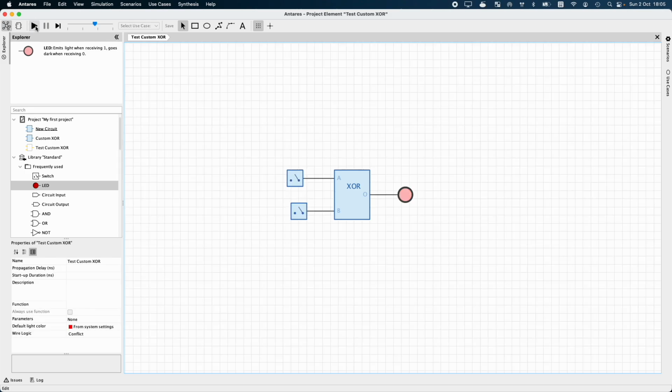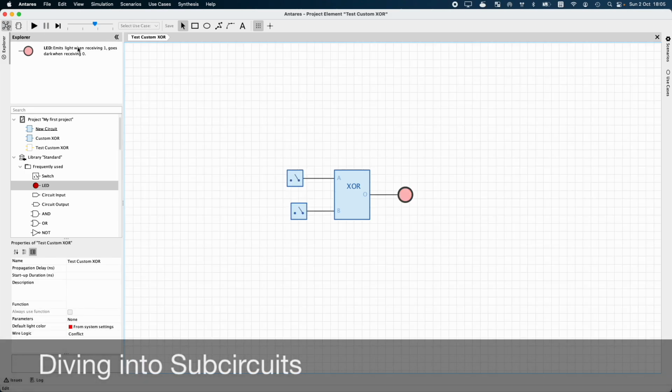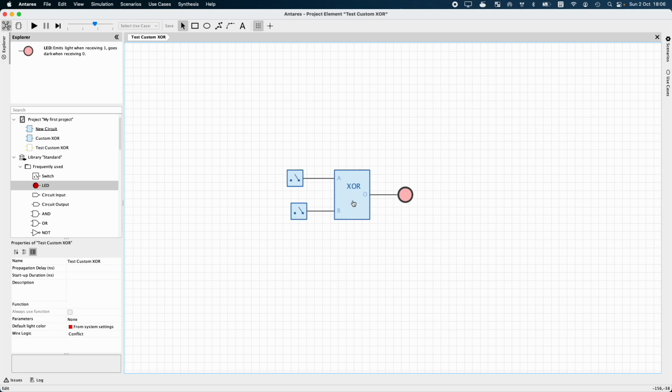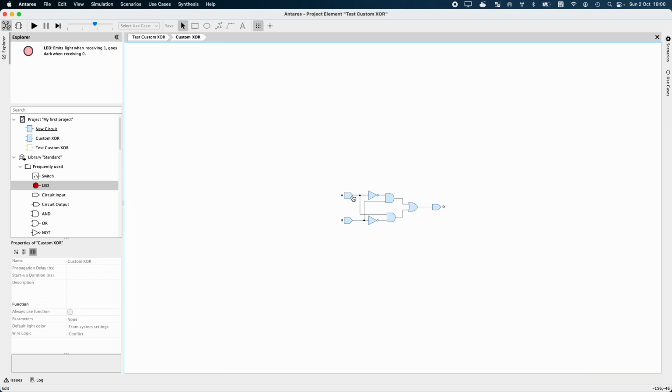Okay, so since this XOR gate now is not a built-in basic component, but one with an internal circuit, we want to look into this circuit, into this XOR circuit, while this test circuit is our main circuit. I can do so, for example, by double-clicking on this XOR component and